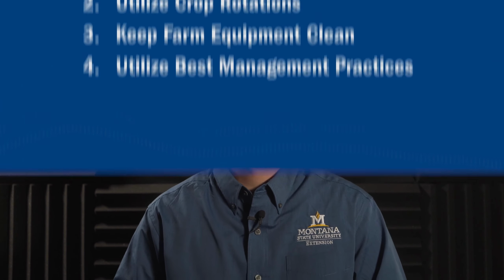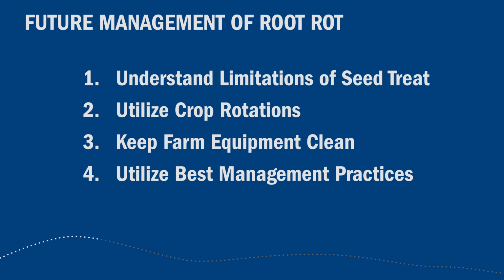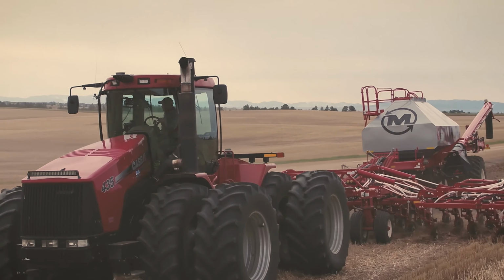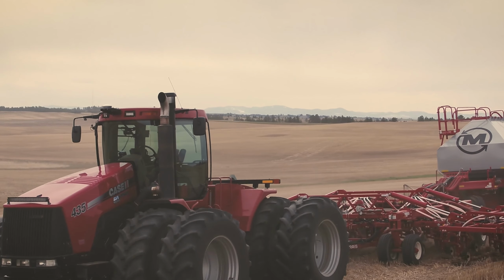Although there is no easy solution to eliminate the problem of root rot, there are some techniques that you can utilize to manage further instances of the issue. These include being aware of seed treatment utilization, adjusting crop rotation plans, and making sure farm equipment is not spreading these pathogens into new fields. When using seed treatments, note that their characteristics of deterring root rot infections only last about 2 to 3 weeks in the soil, and also note that there is such a thing as fungicide-resistant disease populations.